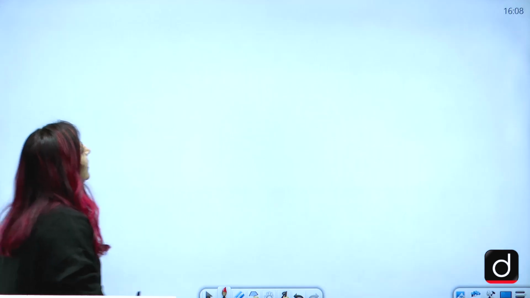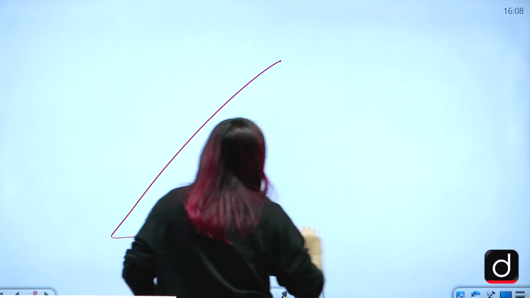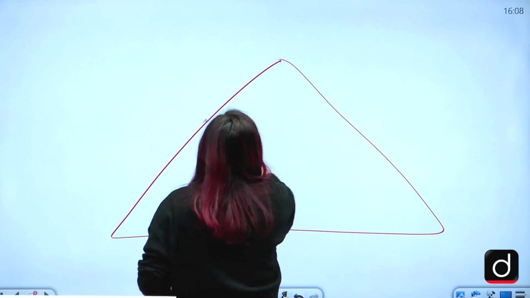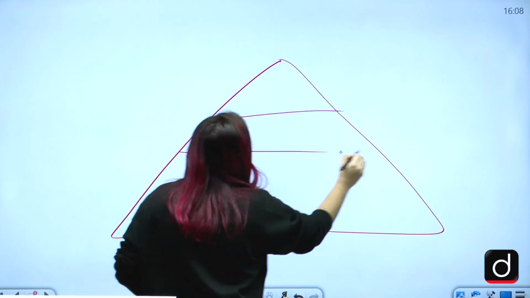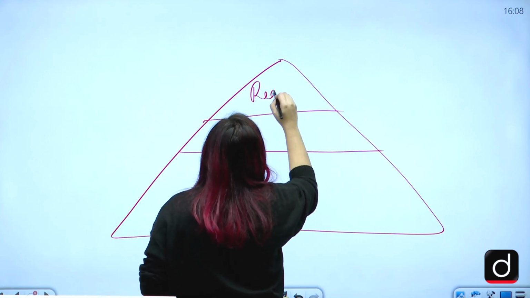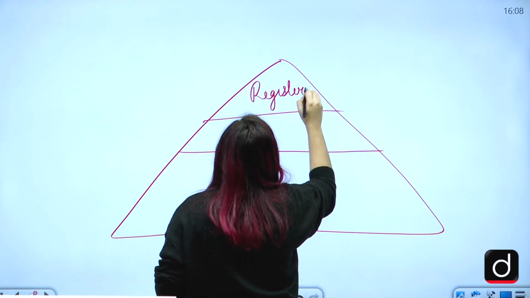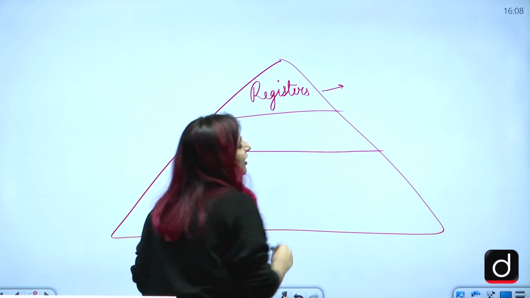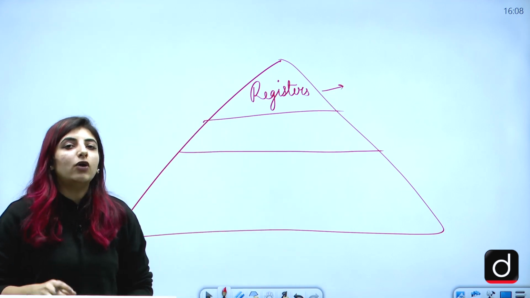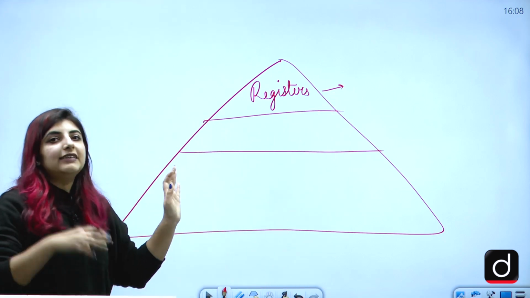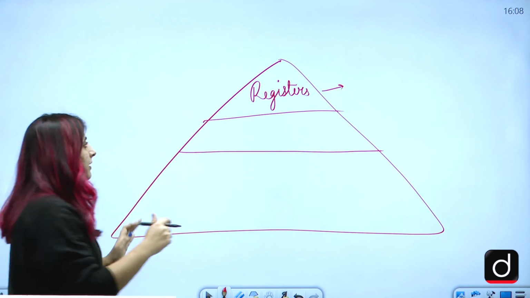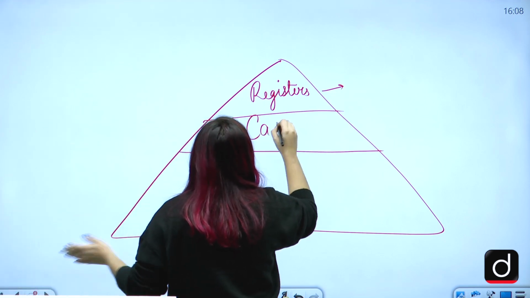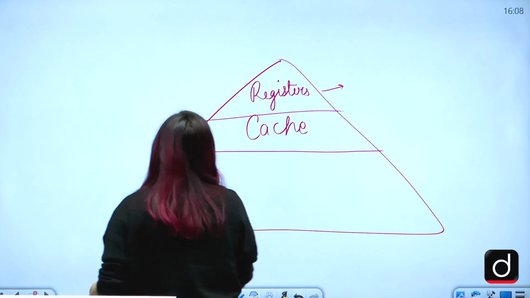Let me just draw one example, draw one figure for you all, which obviously will be there as well. But for you all to note down, registers are a certain kind of microprocessor memory which are there on the CPU. This is the fastest form of memory. Then we have cache, which was given in the options, correct?